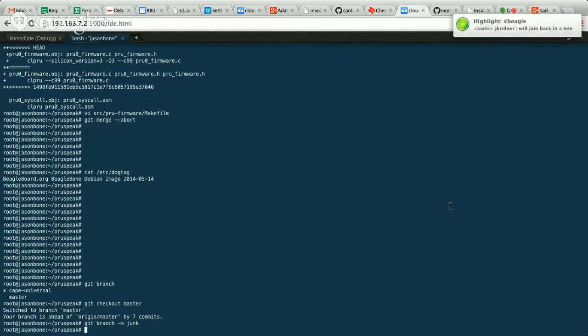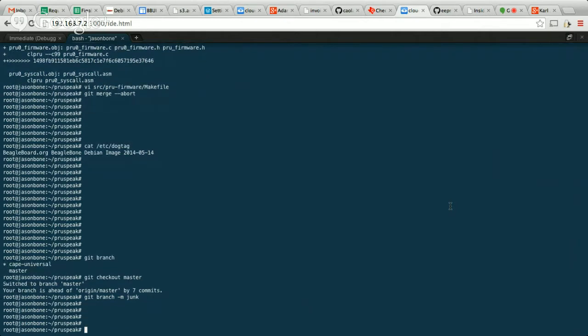There's a tokenizer that takes the kind of assembly-looking source of the Botspeak language itself, and puts that into almost like a bytecode, but essentially it's just a tokenized representation of the source, and then a C application that runs on the PRUs to actually perform the interpreter operations. So it's not written in JavaScript,